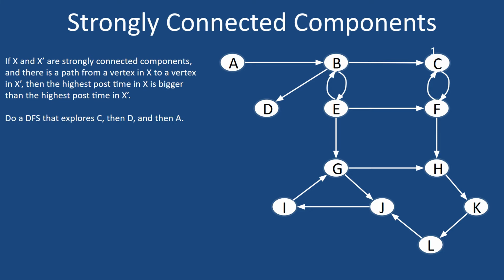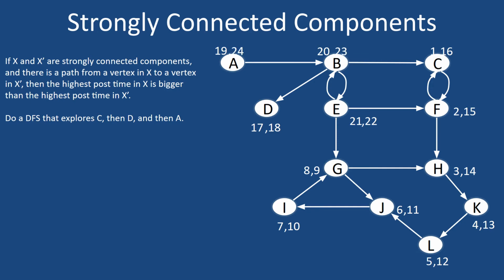What I'm going to do is just go ahead and do a depth first search, starting at C, and then when I get stuck, I'll go to D and then A, just for the heck of it. So this is just an arbitrary depth first search. And we do that. Now, I want you to look at just the post times. And what this property over here is saying is,